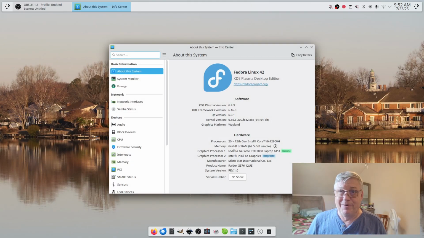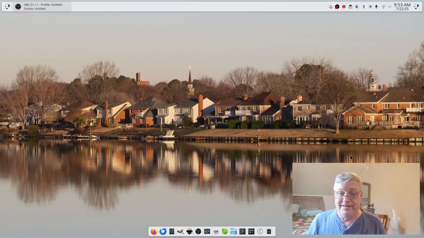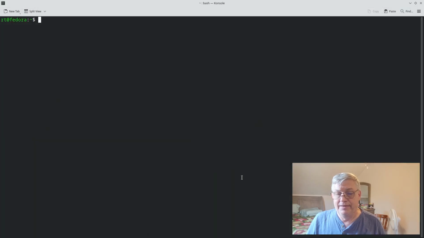Well, once everything's up and running, it's time to check things out. If we open up our info center, we can see now that our graphics processor number 1 is our RTX 3060, and our graphics processor number 2 is the Intel Iris. They've switched around. Now we're using the NVIDIA processor for everything. And if you want to do it from the command line,